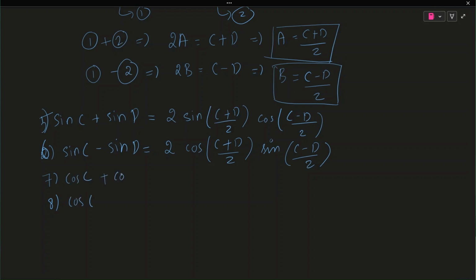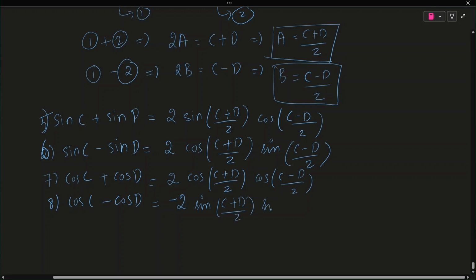Cos c plus cos d is equal to 2 cos of c plus d by 2 cos of c minus d by 2, and cos c minus cos d is equal to minus 2 sine of c plus d by 2 sine of c minus d by 2, and hence this is called transformation, and